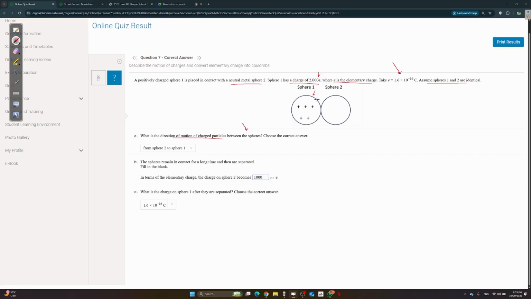Over here, what charges do I have? Sphere 1 is what? Positive. Sphere 2 is? Negative, I think. Neutral. Okay, neutral. So the charge on it is what? In other words, 0, right? Yeah. Okay, so they're saying when they put them in contact, what is the direction of motion of charged particles